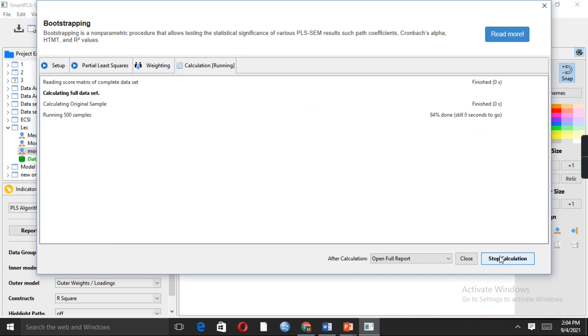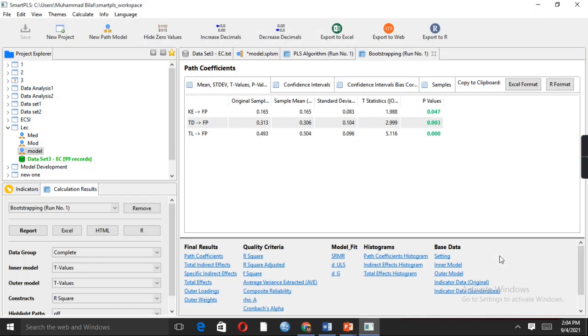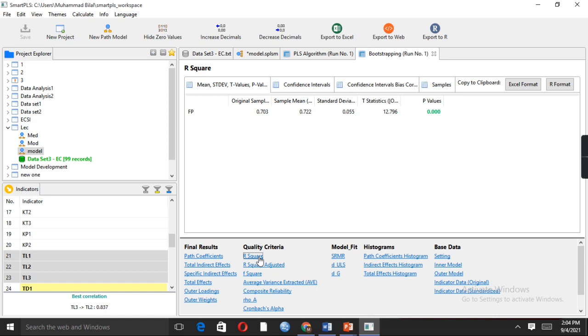Click on bootstrapping, start calculation. So here we are. Under the quality criteria column, we need to click on R square. So we can see that the result shows that there is a positive and significant coefficient of determination, because the p value is less than 0.05, and the t value is greater than or equal to 1.96, so the value is greater than 1.96. So we are establishing